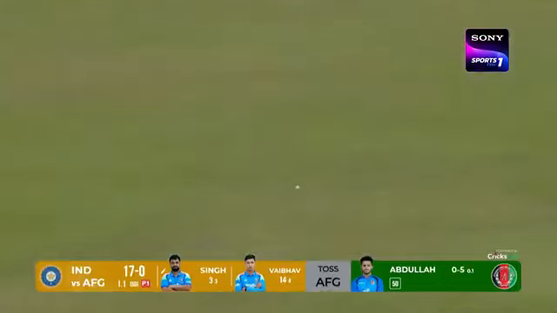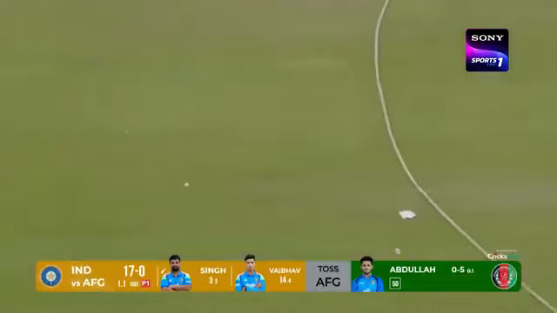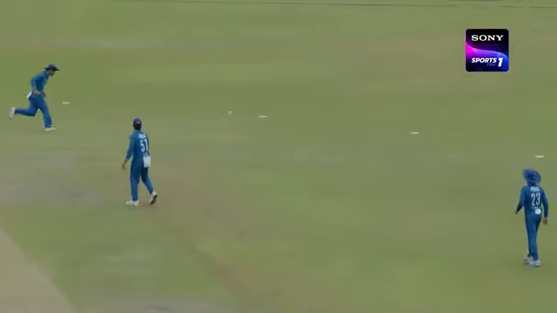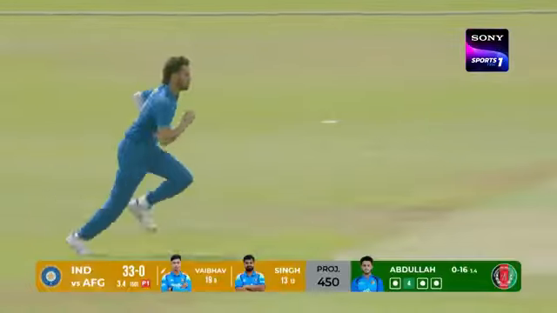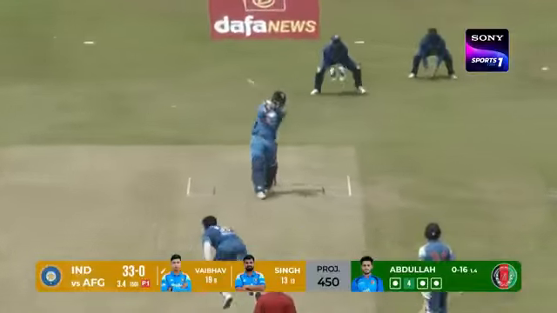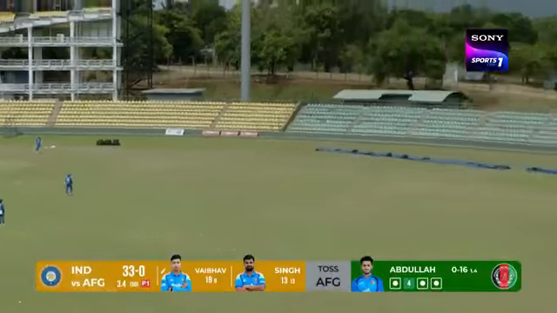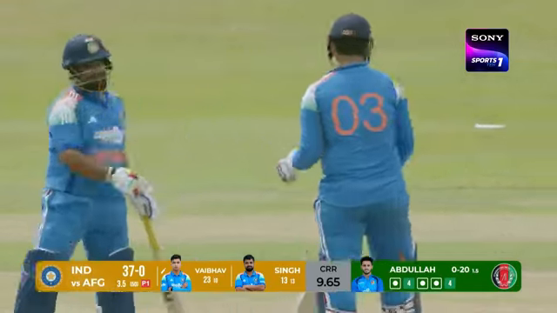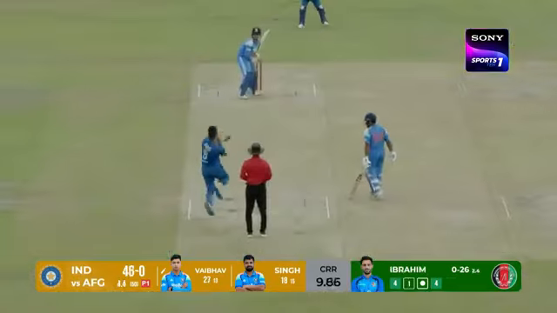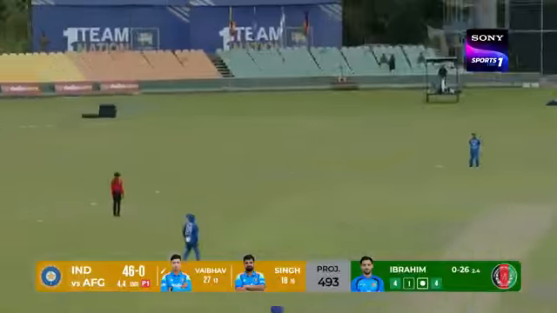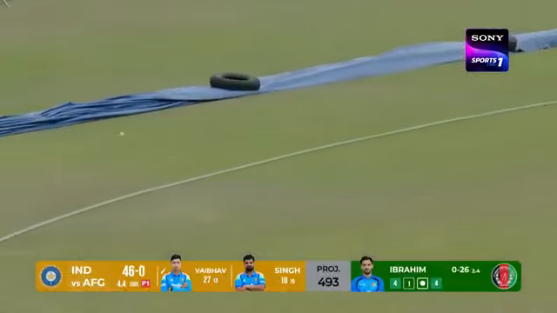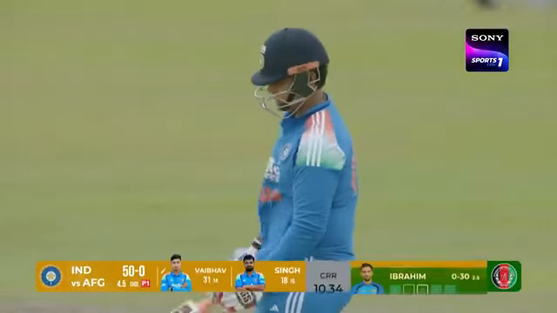What a shot that is. Well, you could have a look at that all 7 days of the week. Such a classical cover drive. Oh, once again, one bounce, 4. With an offer once again from Abdullah. There you go. That's his leg side game. 50 up on the board for India in style.